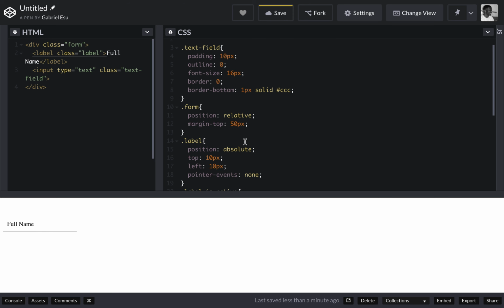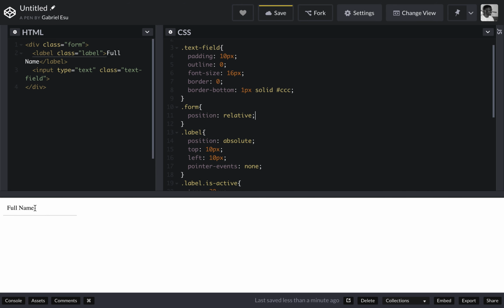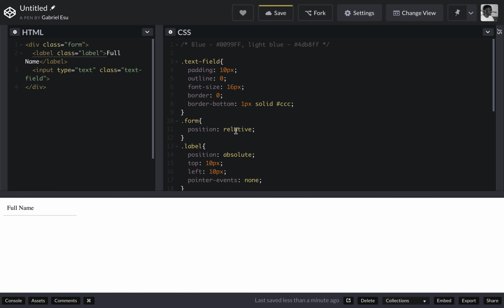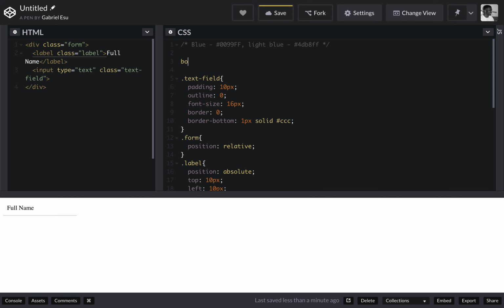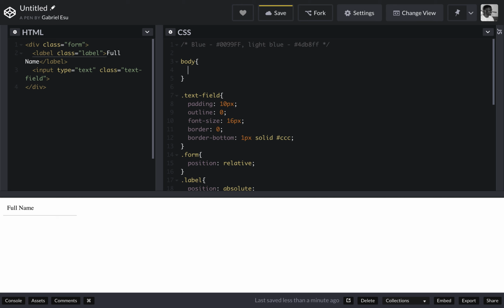Next thing is let's clean this up. Let's centralize this on the page and add some colors and everything. So I'll get rid of my top margin on the form, and just use that to create space for when our stuff moves up. But now I want us to be able to centralize this to our window or our page, irrespective of the width or height. So I select my body